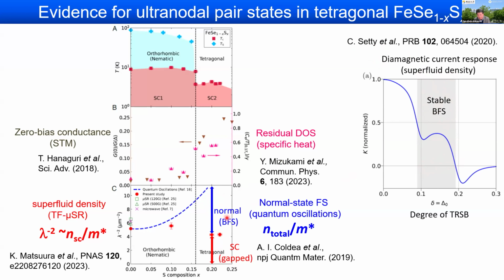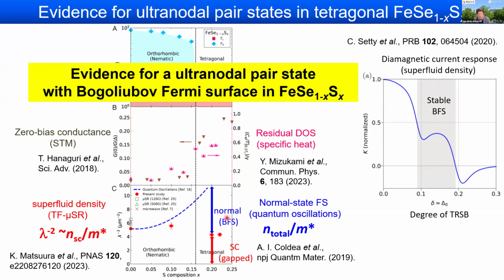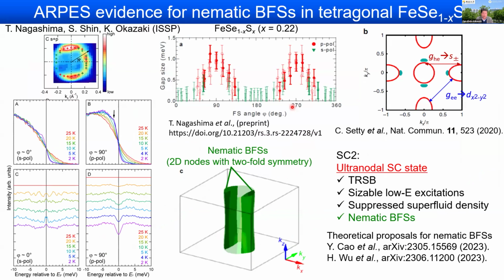So from the combination of these results, we made a conclusion that we have evidence for an ultra-nodal pair state with Bogoliubov Fermi surfaces in this SC2 phase of this material. Now, Professor Okazaki's group at ISSP have measured the laser ARPES in this SC2 phase, and they